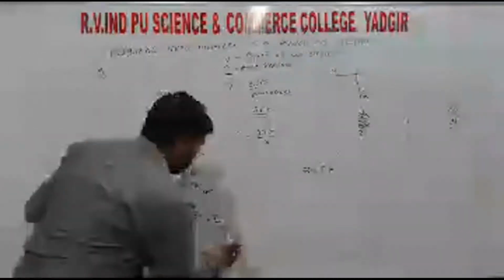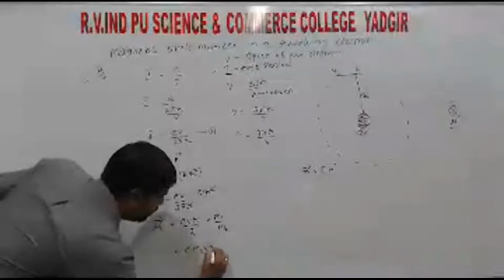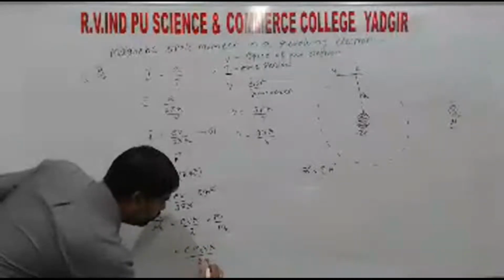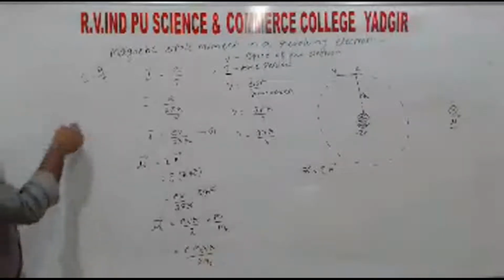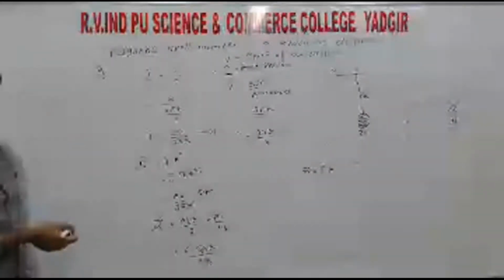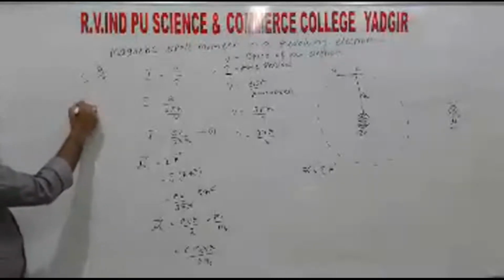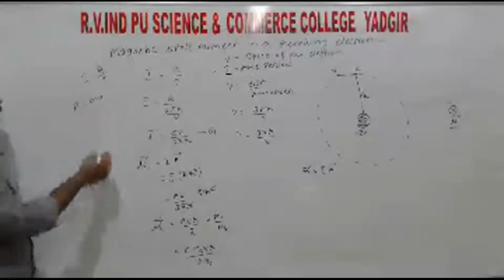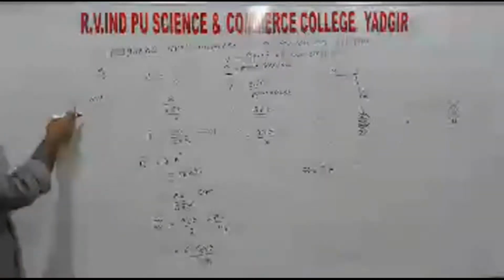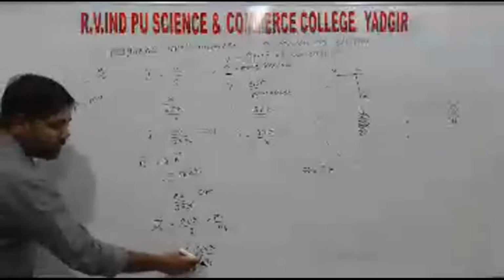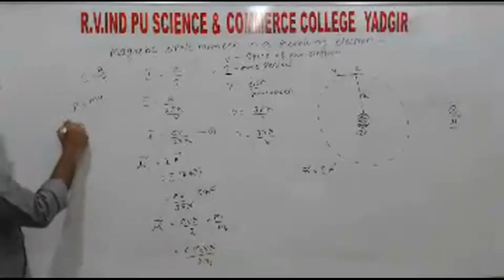So from this we can write e mv r divided by 2 m e, right? So up to now we discussed the momentum. In first year we studied momentum p, that is equal to mass into velocity. So mass into velocity we define as the momentum. So here we have mass into velocity into path, right? So that we call as orbital